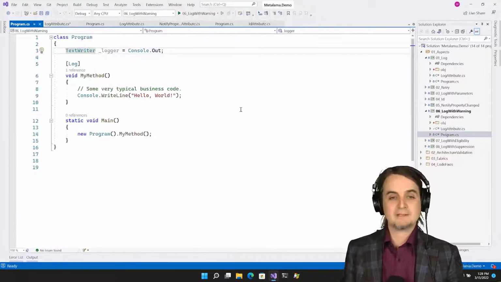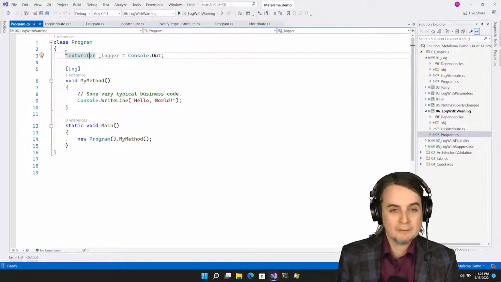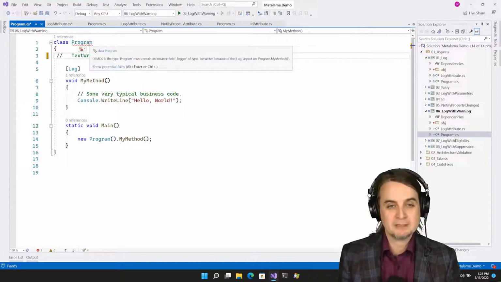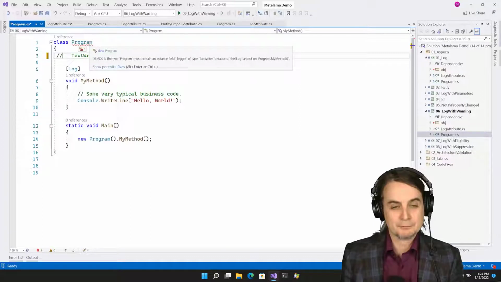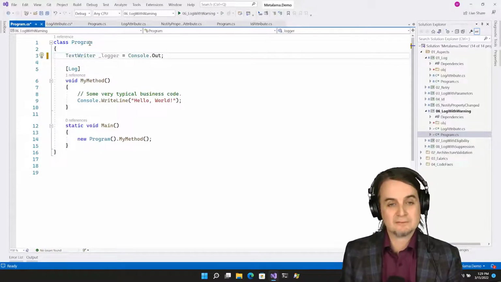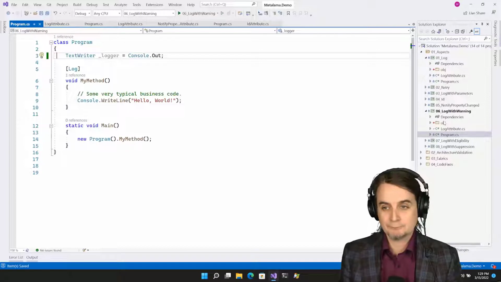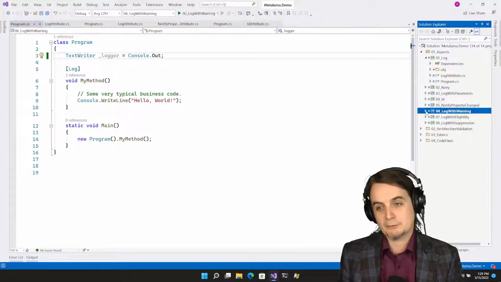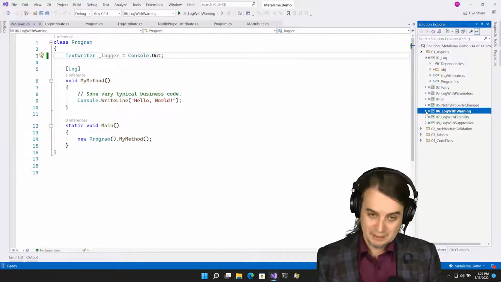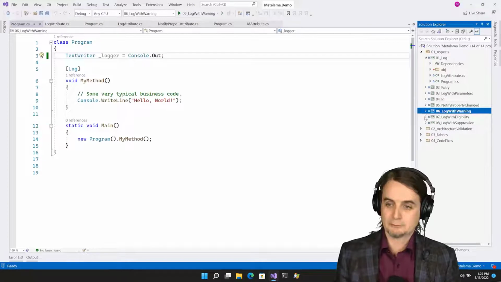So let's see if that works. If I comment this out, wait a couple of seconds, and you see immediately that the program class has an error, and this is exactly the error that we defined in the aspect. So you could do things like this in PostSharp, but it would not be visible without recompiling everything. So this is a new feature or improvement of Metalama, is that we are able to have a design time experience, because Metalama runs within Visual Studio or your editor.